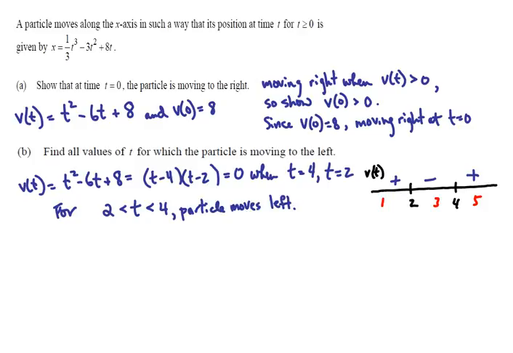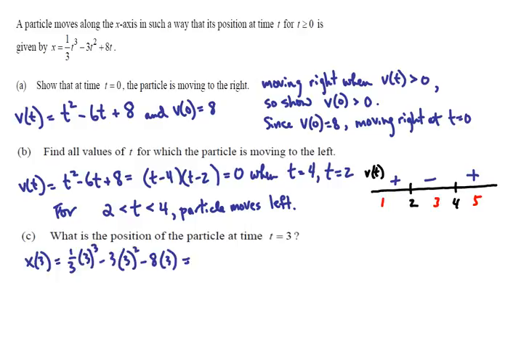So the next question says, what is the position of the particle at time t equals 3? Well, for this we have to plug into the original equation, which is the position equation. And we get 27 divided by 3, which is 9, minus 27, which is negative 18, and that should be plus 8 times 3. So negative 18 plus 24 is equal to 6,